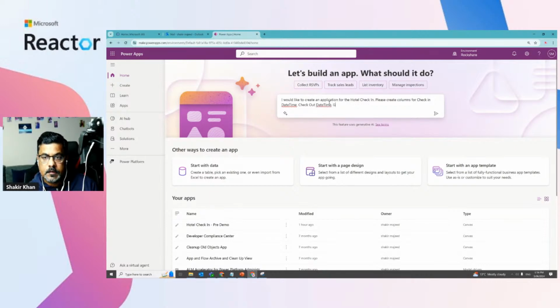and then say guest email, and then number of guests, and say I would like to have Power Apps canvas application. All right, so this is my